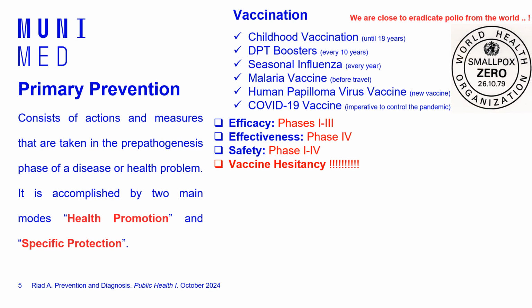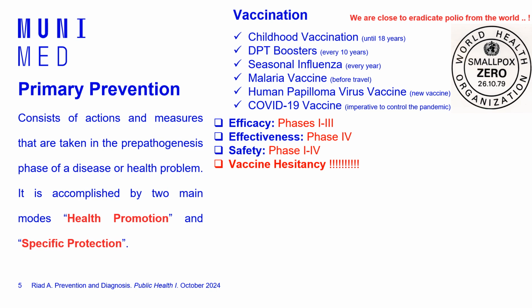You have to remember that vaccines, however important and effective they are in preventing infections and controlling diseases, are not largely welcomed by the public, because of a phenomenon that started probably two centuries back, called vaccine hesitancy. It is one of the top 10 reasons for the WHO to worry about the future of humanity. It's considered one of the top 10 threats to global health, according to the WHO.